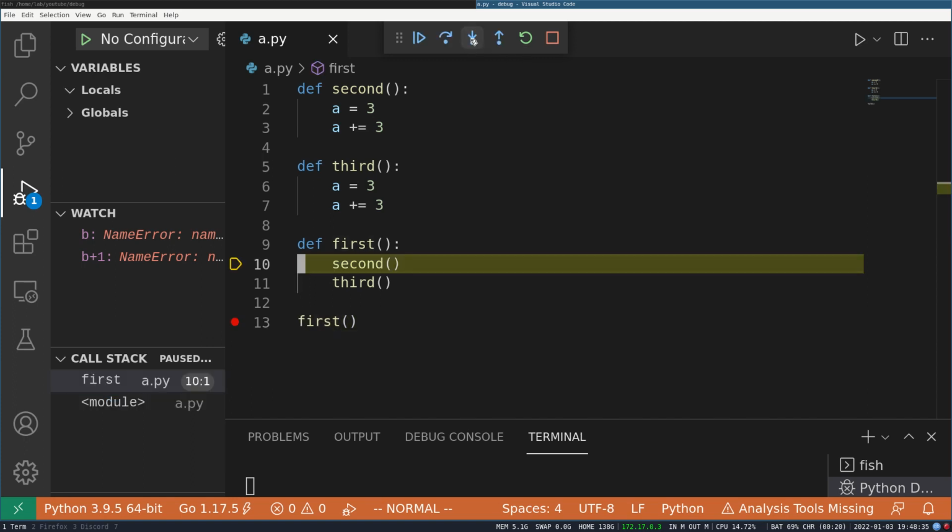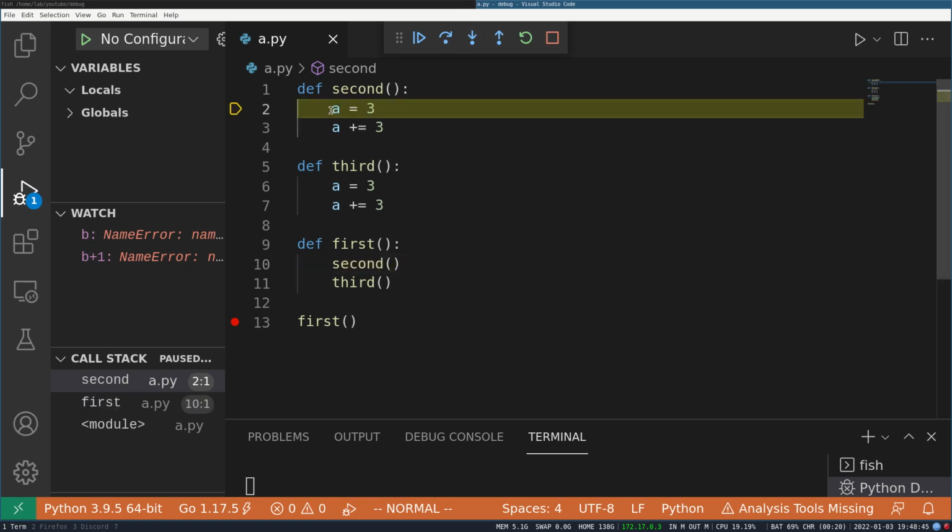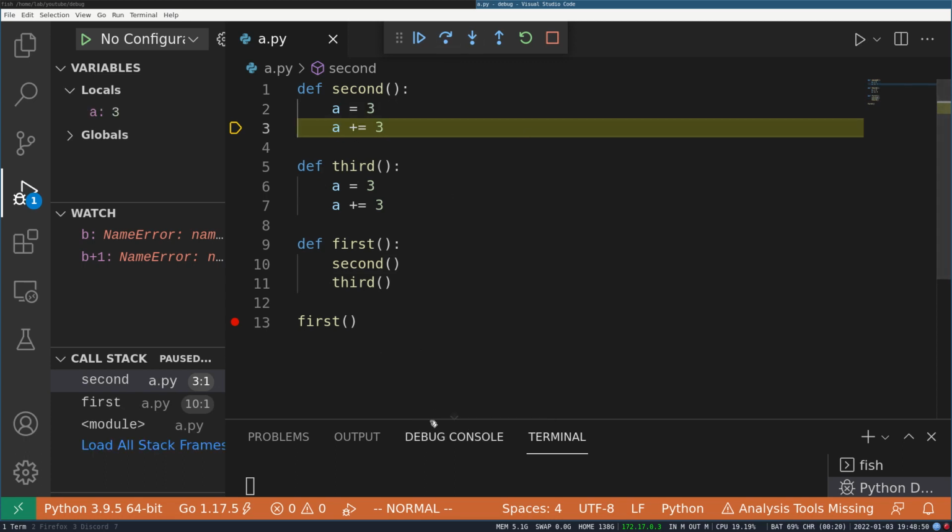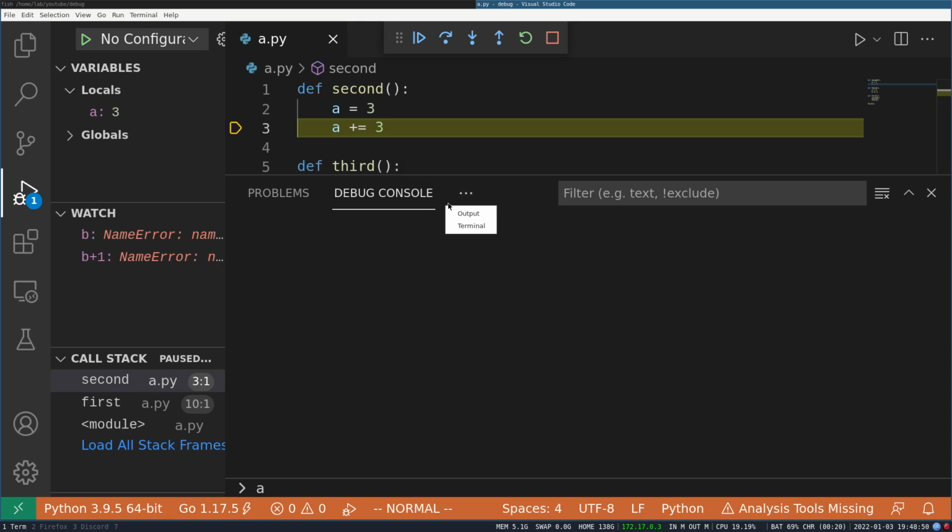Now let's say I want to see what is in the second function, so I again press step into, so it will go into the currently executing function. And now I go to the next line, and then I print the value of a, and I see, okay, it's 3.